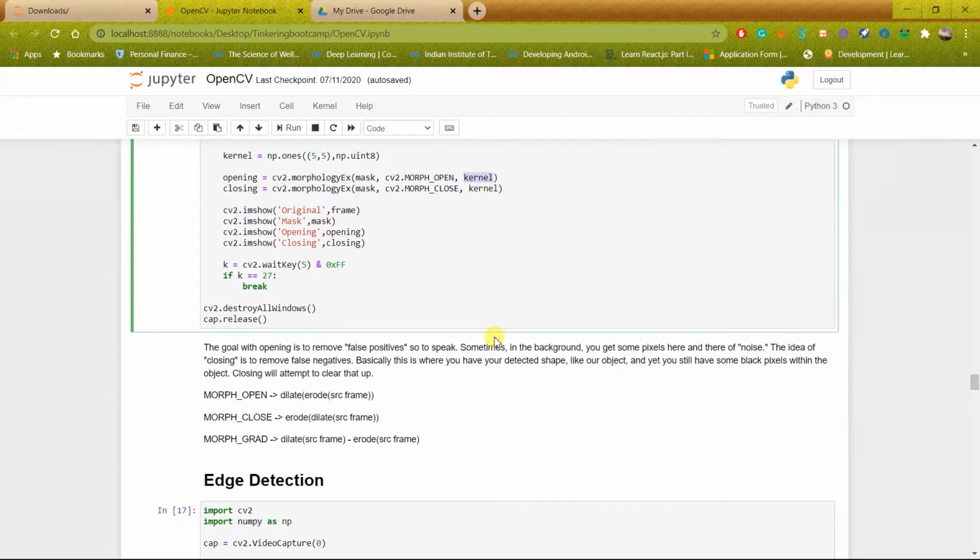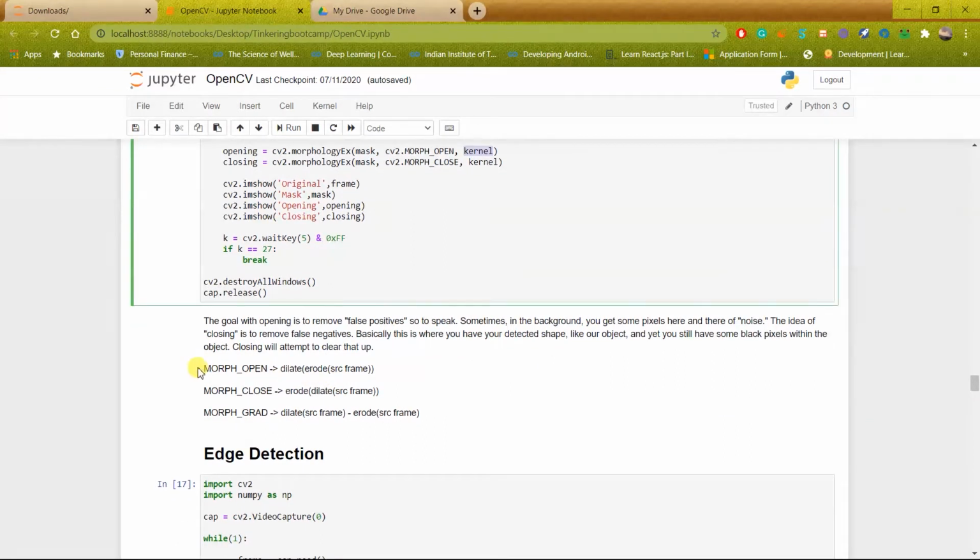Okay, so the idea of closing is to remove the false negatives. So MORPH_OPEN will, as I mentioned here, first erode the frame and then dilate it. Okay, so first using the erosion we will remove the false positives, and using the dilation after that we can reduce the noise inside the scissor.